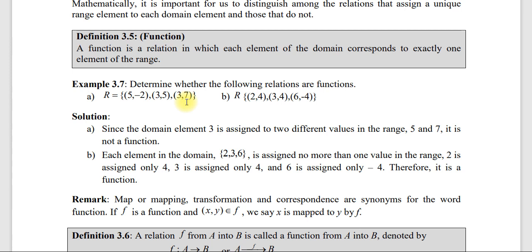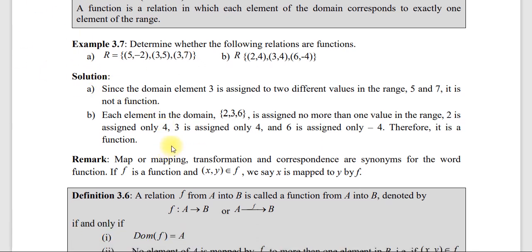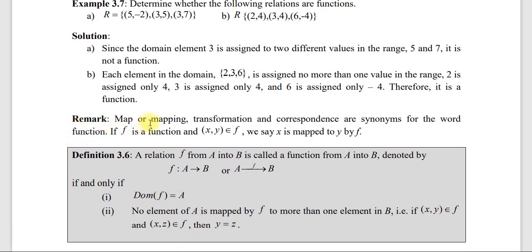ኦርደር ፔር ሆኖ ዶሜኑ ሊደጋገም የማይችል ነገር ግን ሬንጁን እንደፈለግ ልንደግመውም ላንደግመውም የምንችል ከሆነ that relation is known as function ነው እንላለን ማለት ነው። ስለዚህ function በዚህ way ተረዱልኝ። Next there is a remark: map or mapping, transformation and correspondence are synonym for the word function. እነዚህ ወርዶች ከማን ጋር ተመሳሳይነት አላቸው ማለት ነው? function ከሚለው ወርድ ጋር ተመሳሳይነት አላቸው ይለናል።